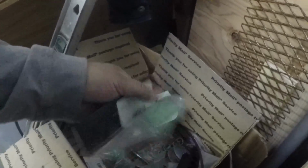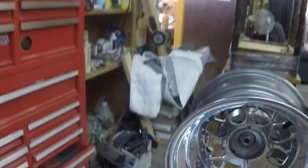I also got the sliders, more washers, the gas cap cover, pegs, the frame caps, some other things in there. I also have a complete